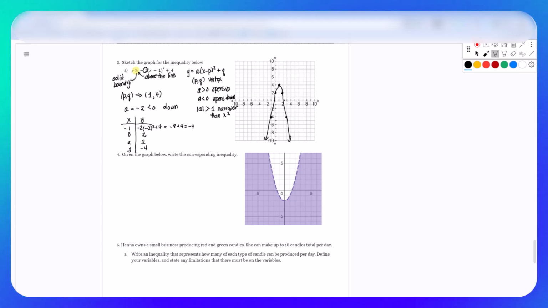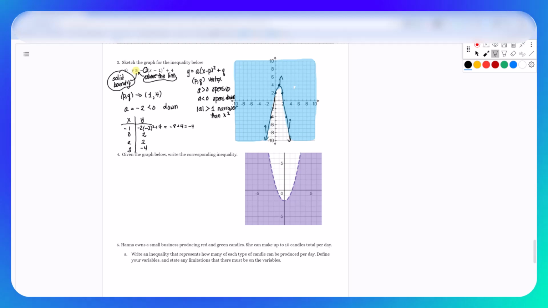And notice that we have a solid line, and the shading now has to be above the line. So we have to shade up. So go ahead and shade that in. And let's pick a couple of test points. Now, the first test point, let's say we're going to try 4 and 4. So when I have y equal to 4,